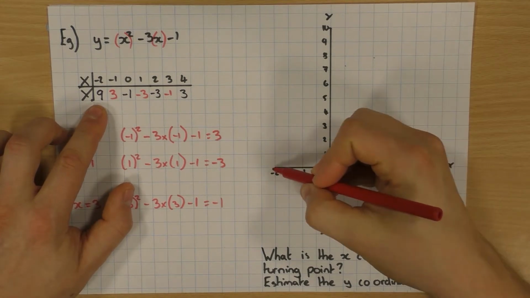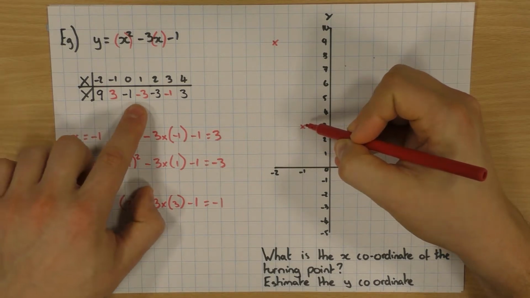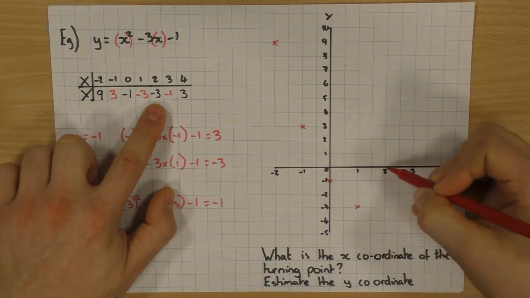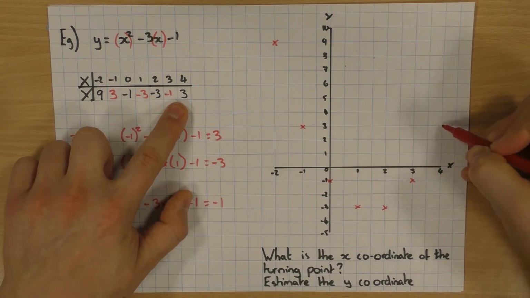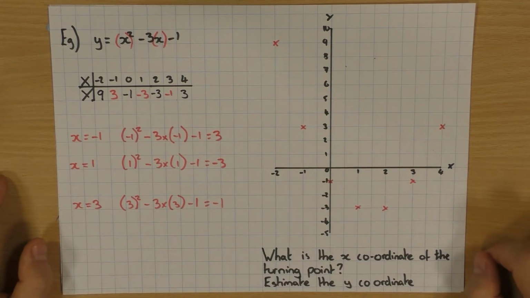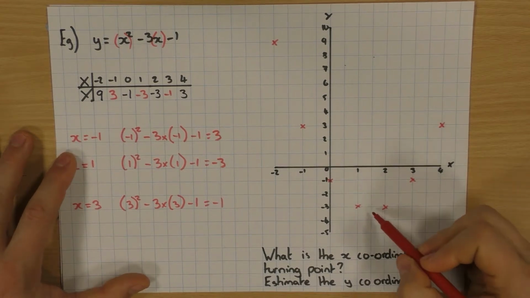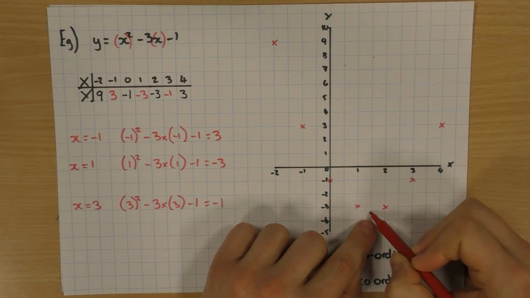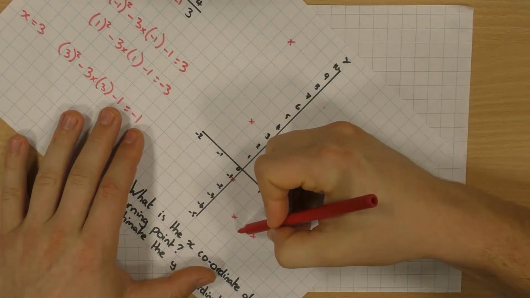So minus 2 along, minus 2 up to 9, and then minus 1 to 3, 0 minus 1, 1 minus 3, 2 minus 3, 3 minus 1, and then 4, 3. So as you can see, as we suspected, this is going to be our curve. Now again, just like in the first example, I'm not going to draw a nice flat line here. I need to spot that in between these, so in the middle, somewhere here is going to be my lowest point. Okay, so I'm going to turn my page round, and because I know I'm going to go roughly halfway,